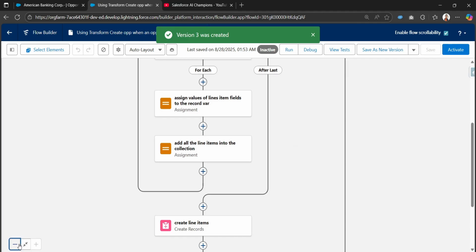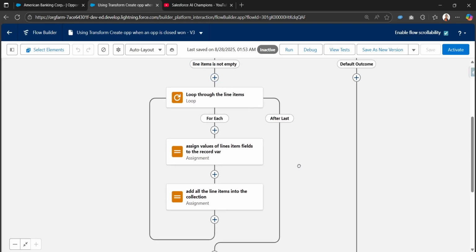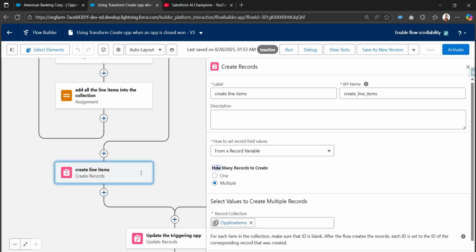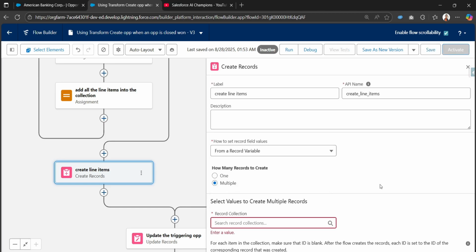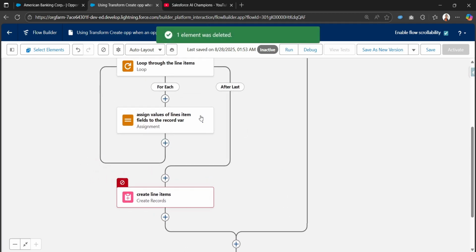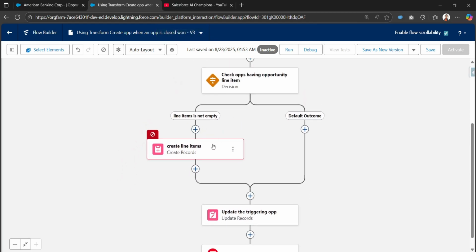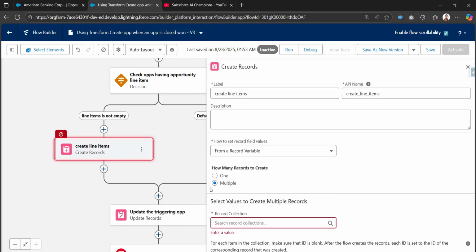So our new version got created, and I'll be just removing all of the stuff. Let me just remove the loop element. Okay, first of all we just need to remove this collection as well. Okay, in here in the collection, while creating the new records, we need to pass this record collection as the